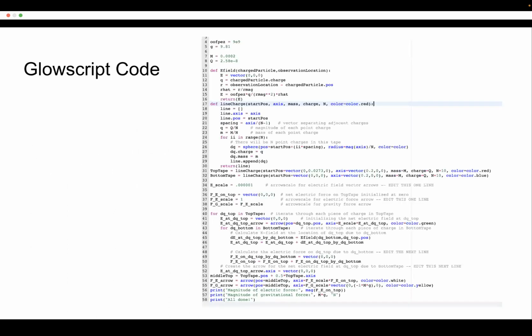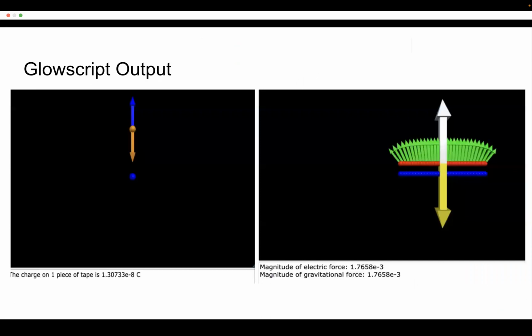For the GlowScript code, you can see here some of the equations we used were magnitude of each point charge, mass of each point charge. And for the output,